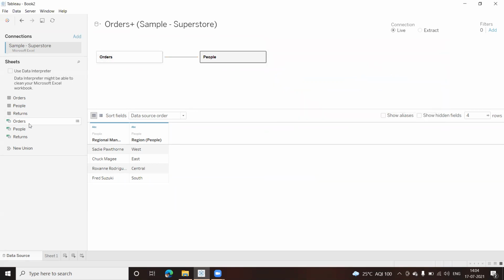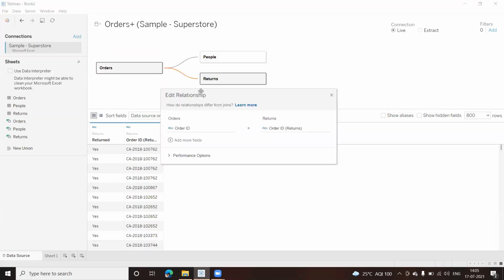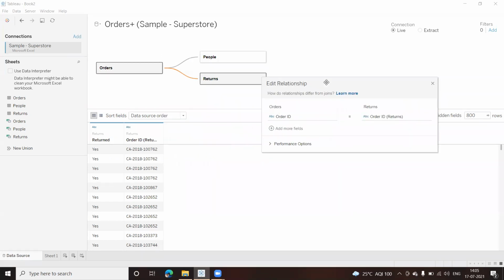We have edited the relationship and then I use the Returns table as well. Now, similarly, look at this table here. Let me drag this down here. You have this order here and the same order number is coming again. So there's a repetition here. Okay, fine. So one order can have many returns, whereas the other way is not possible.